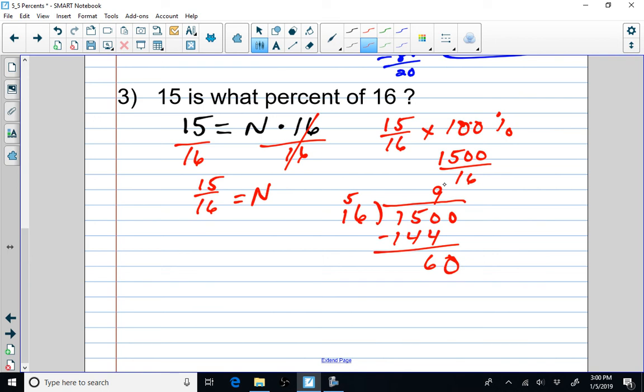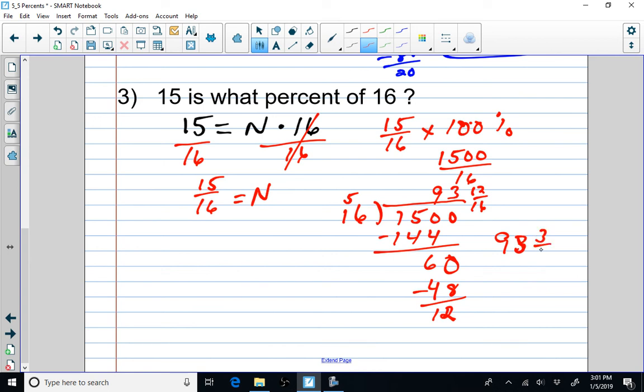16 goes into 60. I think that's 3 times. 3 times 16 is 48. Subtract, I get 12. That remainder of 12 we put over our divisor of 16. So we get 93 and 12 sixteenths. But 12 over 16 can simplify. If you divide by 4 over 4, that's going to give you 93